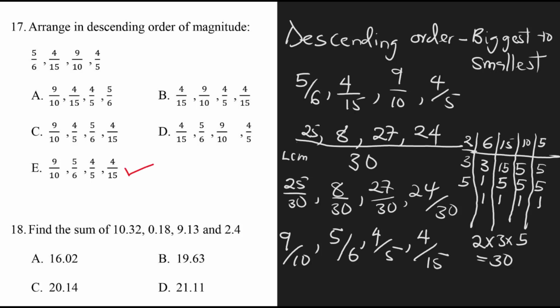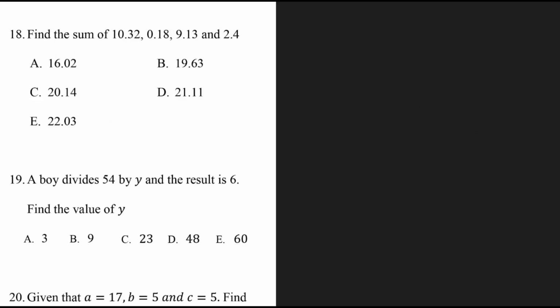So that is the arrangement in descending order. Let's move to the next question. Alright, question 18 says, find the sum of